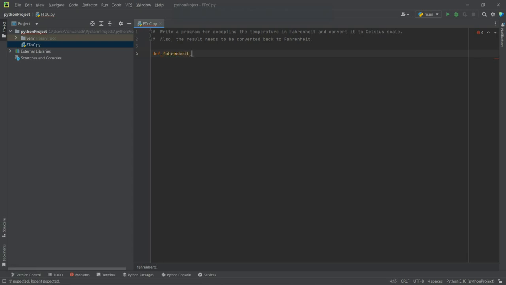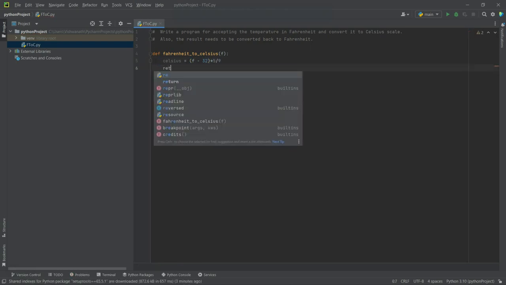Fahrenheit to Celsius. And it will take a parameter, let's say F colon. And now Celsius is equal to, for this we need to know the formula of the conversion. So F minus 32 times 5 by 9, and then we return